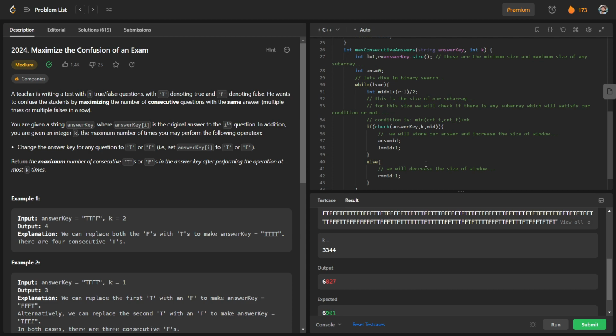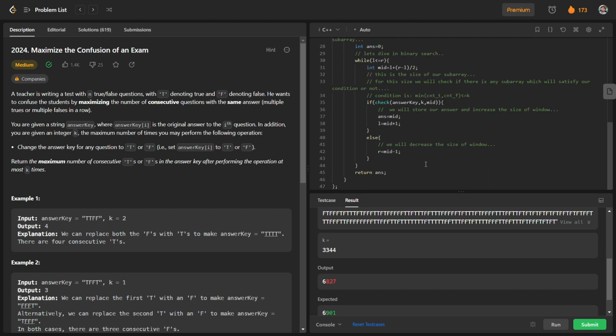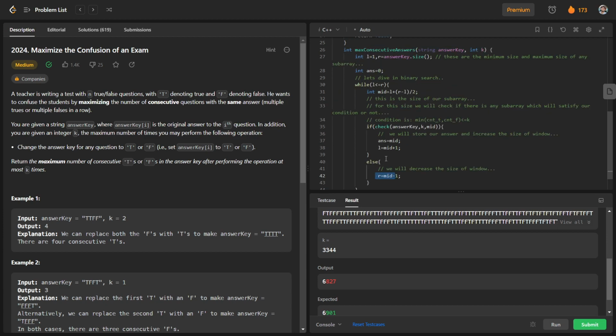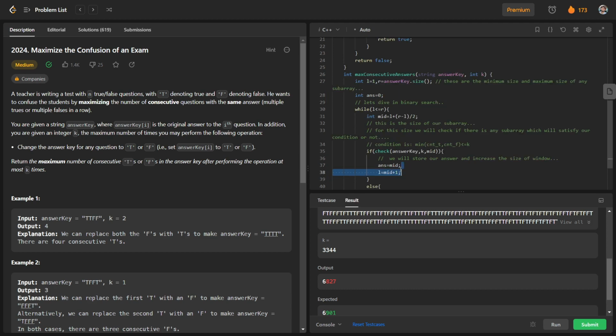So let us check what the mistake is. Basically R is equal to mid minus 1, and this is also true, and mid is equal to L plus R minus 1. Okay, this part is again true.